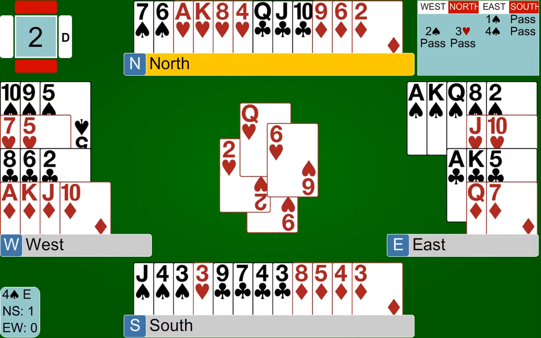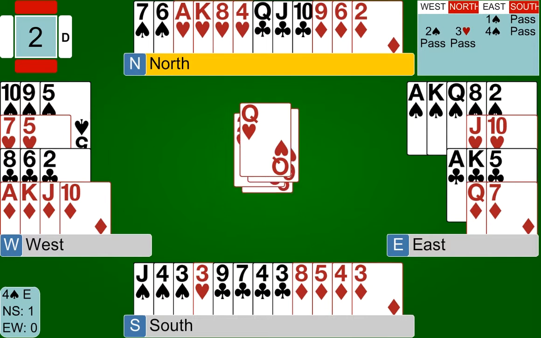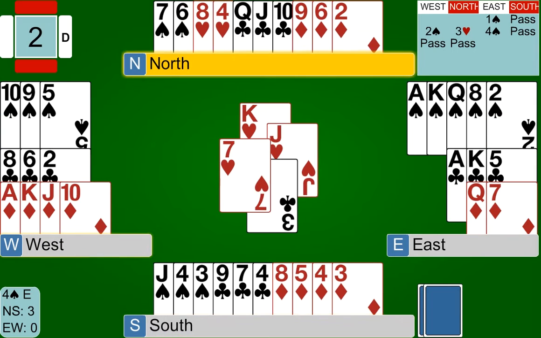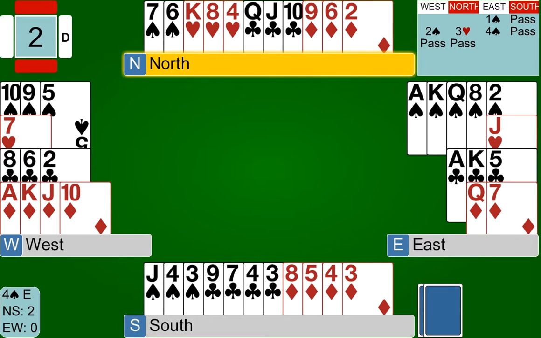So we see North wins the Queen of Hearts and then continues with the ace, and they see the South player complete their high-low, and now they lead the King of Hearts. And here's where we want to send a message as South. We want to make sure that partner leads another heart, because if we're counting and we think partner only has